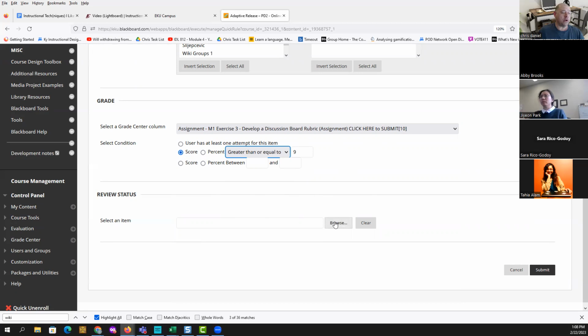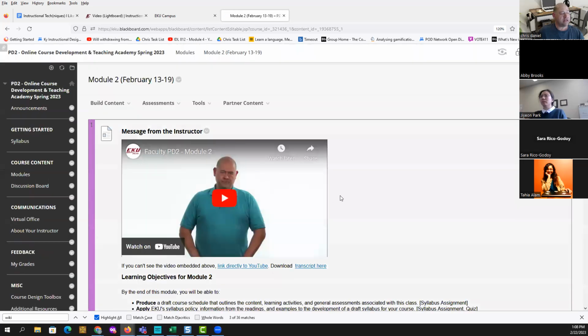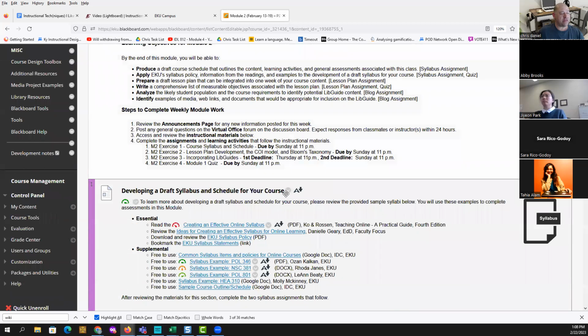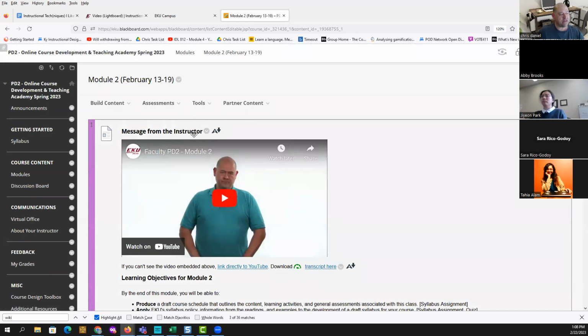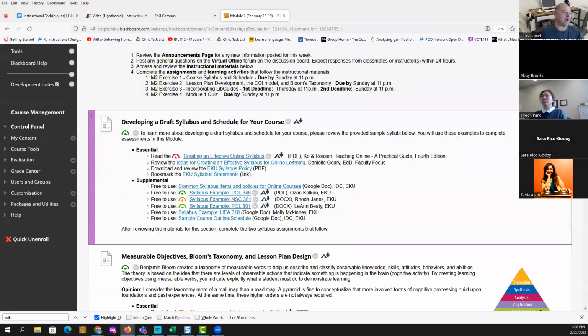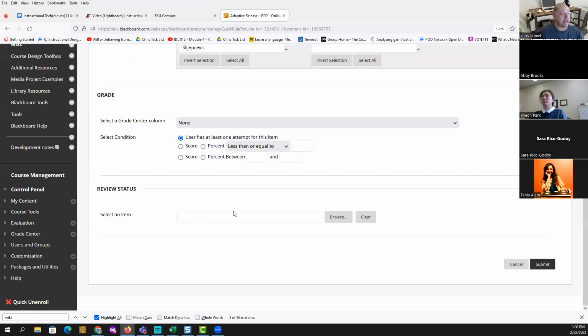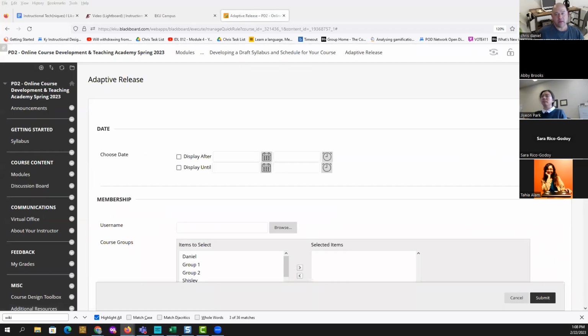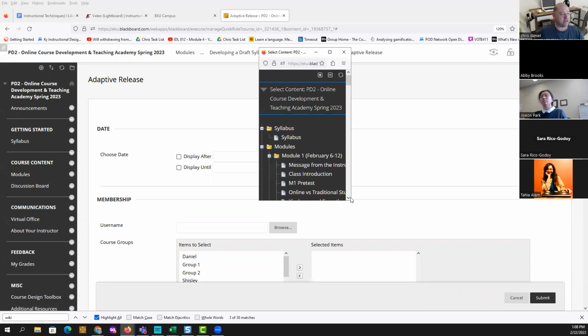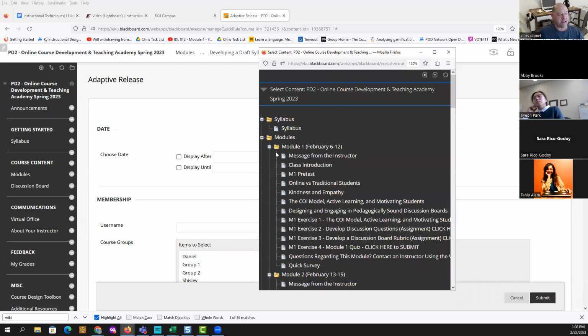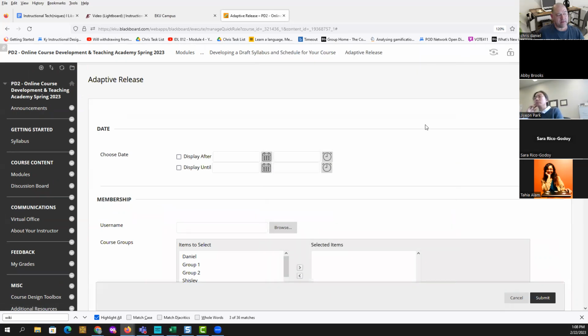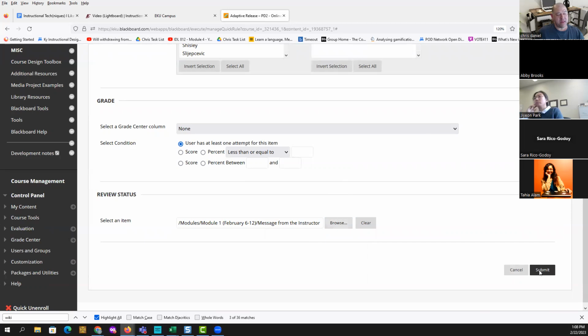We can also put a review status check box on something. So instead of, I'll cancel this out. Let's say in order for them to access this content, they have to mark this message as reviewed. So I could come down here and click adaptive release, and I could browse. This pops up a little content selector, and I could say the message for me is in module 1. I could click that. And what that means when I hit submit,